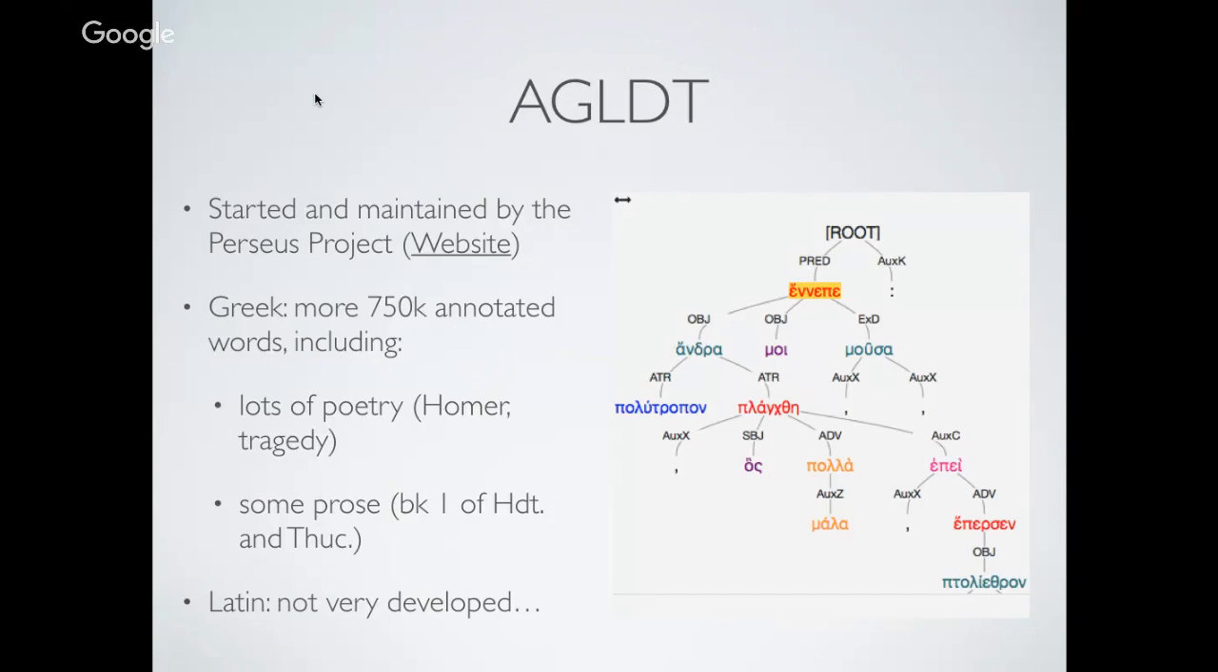The whole set of the seven complete tragedies attributed to Aeschylus, and five, so almost complete, of Sophocles, no Euripides though, plus other texts. I will show you maybe an overview of them. And then there are a few prose texts, Book 1 of Herodotus, like in PROIEL, Book 1 of Thucydides, and a few orations. So let me just show you the